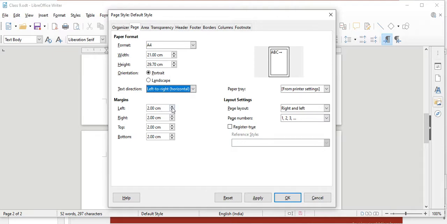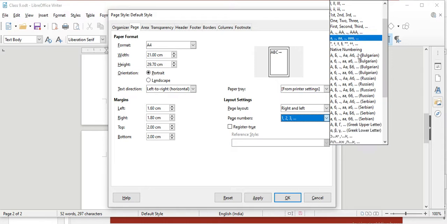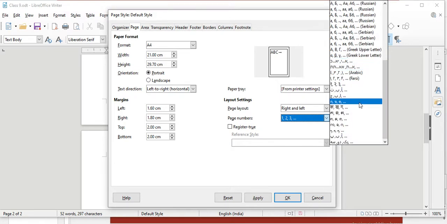Margins: if you want to keep 2 point or 3 point, you can select from here for top, bottom, left and right. If you want to give page numbers to your pages, you can. Here different formats are available for page numbers.